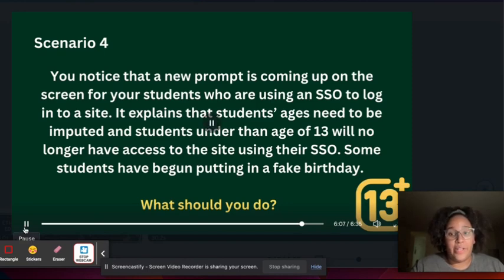The last scenario is you notice that a new prompt is coming up on the screen for your students who are using an SSO to log into a website. It explains that students' ages need to be inputted, so students under the age of 13 will no longer have access to the site using their SSO. The students are seeing this and they have started to put a fake birthday in. What should you do? Now, this is actually one of the things that's happening to me right now in my